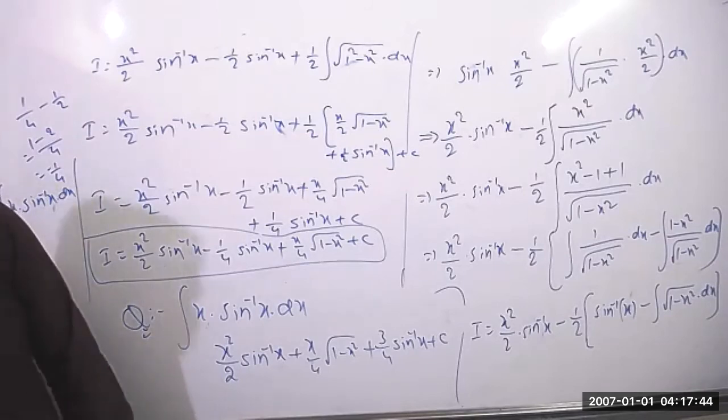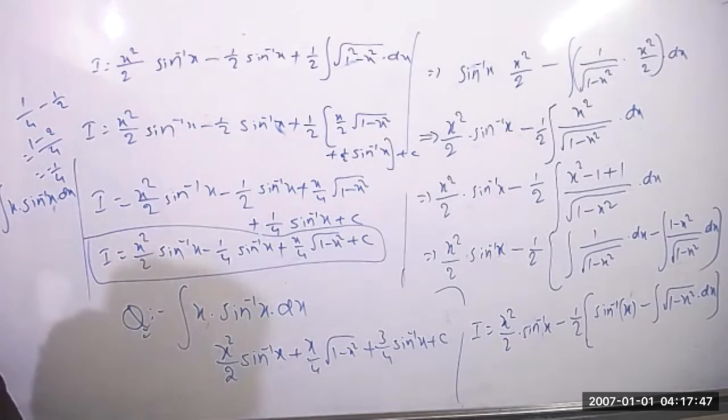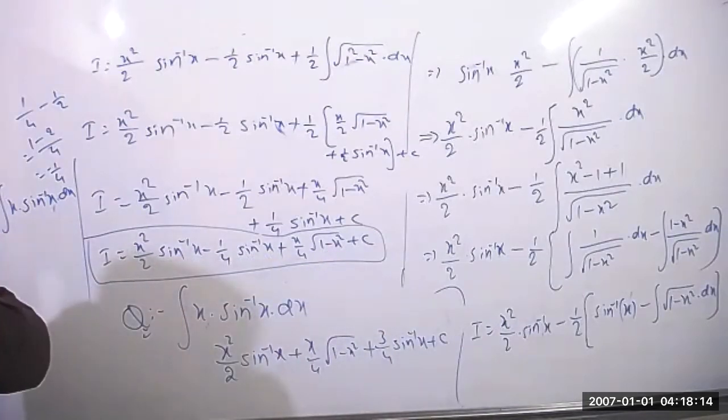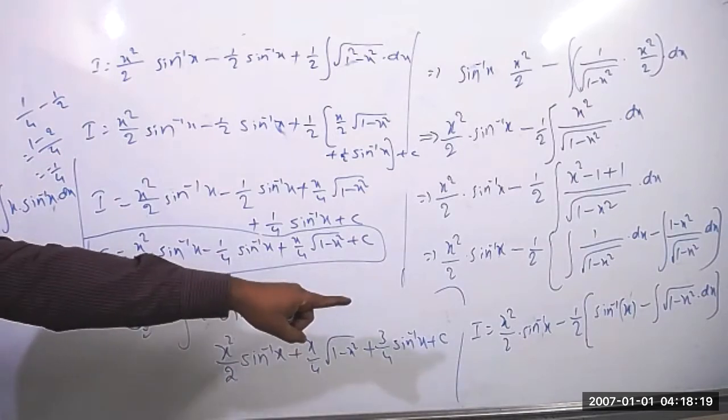The inside value, this is the minus or plus there, no? So I'm getting minus 3 by 4 sin inverse x. That one I'm checking. Where did you make the mistake there? There it's correct. It's fine. Minus into plus equals minus. And here also, is it possible to get a positive value here?